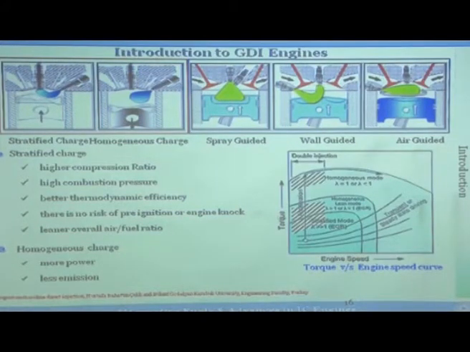This is also a very important curve, which is going to show you how the engine speed and torque actually work. When you are operating at low speed and low torque, in this envelope, you actually operate in stratified mode, where lambda is very, very small. This envelope means your engine speed is low, and this small distance means engine torque output is also very low. Speed is low, torque is low, that means the power produced is also very low.